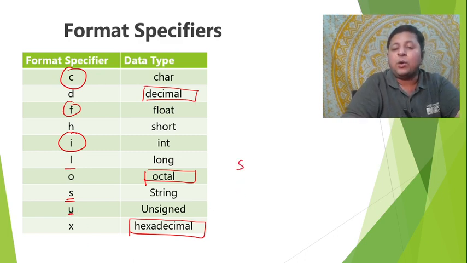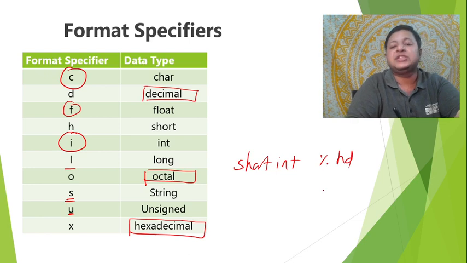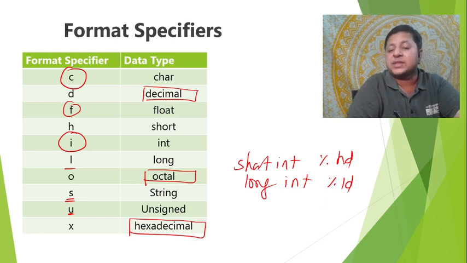First of all, if I want to work with short int, I'll be using %hd for short. And short int can also be written as directly int, so I can very well say %d. If I want long int, it will be %ld, because l is the long specifier. I can also write %h, which suffices for short int, because short is by default considered as short int.